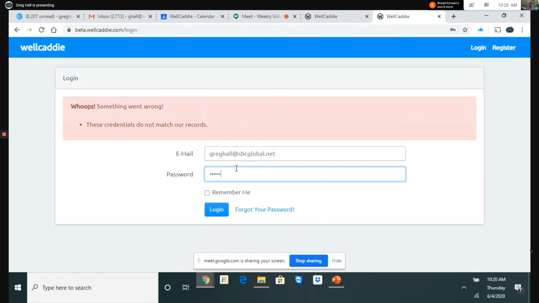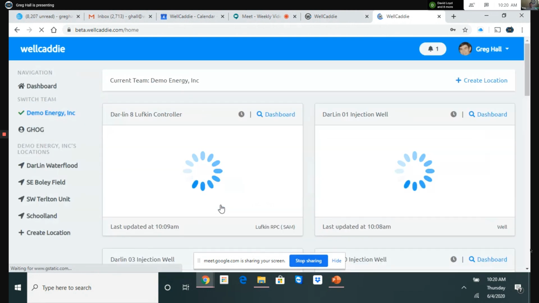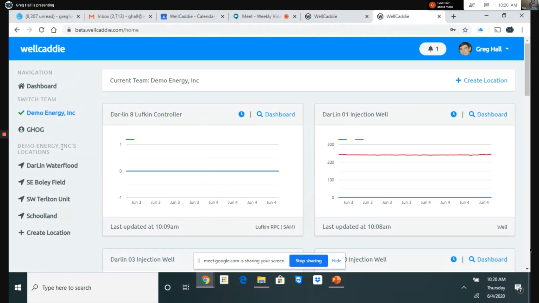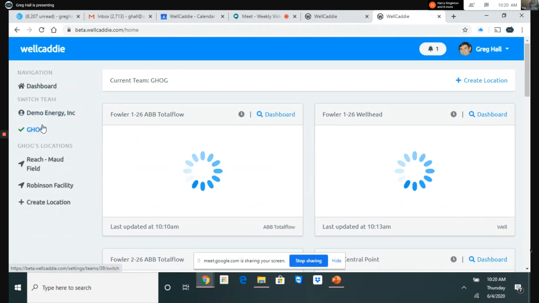Can you try the demo? Yeah. No. Let me do this because it's got demo on it. And so okay, even forgetting my password, that took less than a minute. And so now here is a range of wells that I have, that I operate, and